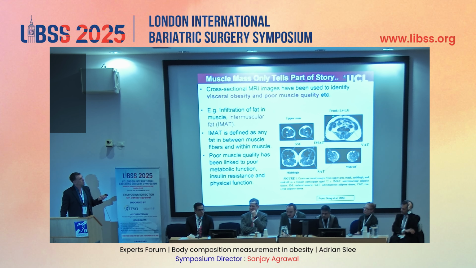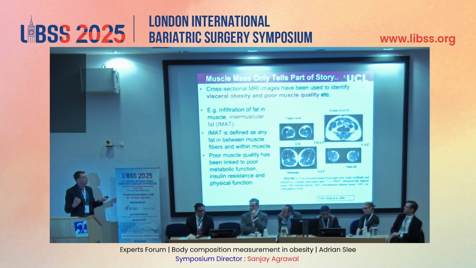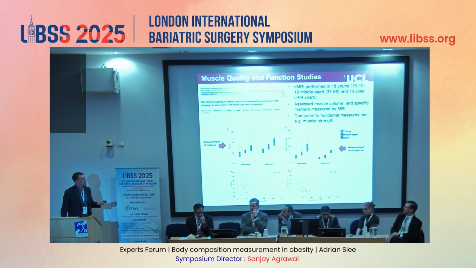But MRIs are very good because obviously you can measure visceral fat, for example, but you also can measure intermuscular fat. I'm not sure if you're aware of this. For example, muscle can look very marbled. With physical inactivity, with disease, we know you get this intermuscular fat accumulation, and that correlates very well with poor metabolic function, insulin resistance, and poor physical function. Just one example, this is a group actually in King's College, Peter Emery and a team.